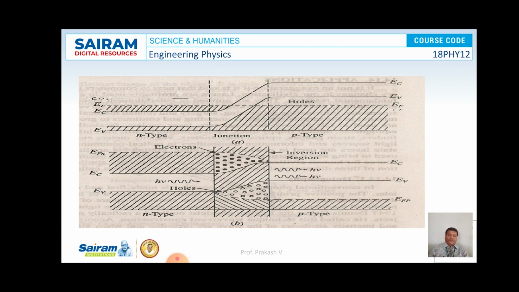That is the working of the laser diode, and here is a band diagram where the N and P sections are clearly observed, and there is a depletion region between the N and P sections where the jumping of electrons takes place from the conduction band to the valence band, and the difference in energy will be emitted in the form of a photon. So this is what is going to happen in the case of a semiconductor laser diode.